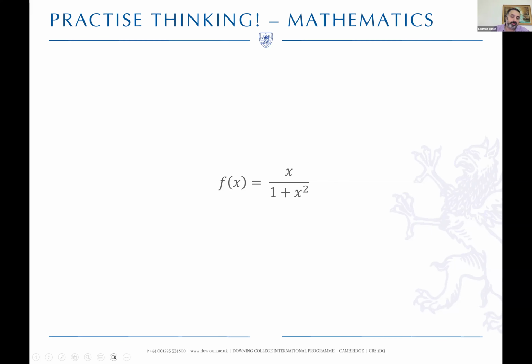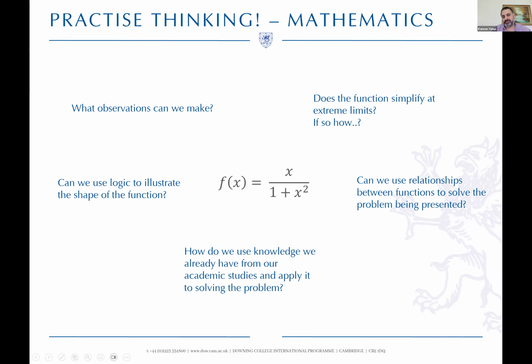And if you think about 1 over x, we all understand what that function looks like if you're doing A-level maths. Likewise, if you take a small value of x, as x becomes smaller and smaller, x squared becomes even smaller, which means the x squared term becomes insignificant. And this function then becomes f(x) is equal to x. So you can see, by doing some observations, you can start drawing up some conclusions of what's happening at different limits of this function, and how that then allows us to build up a quick way of sketching what this function looks like.